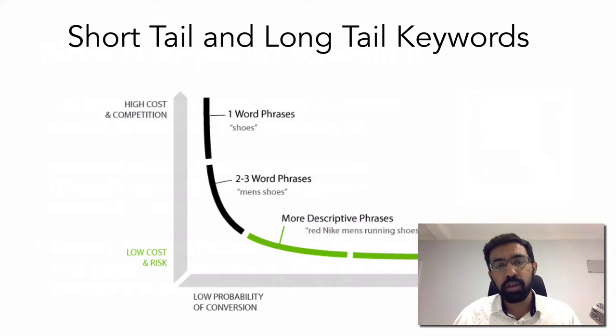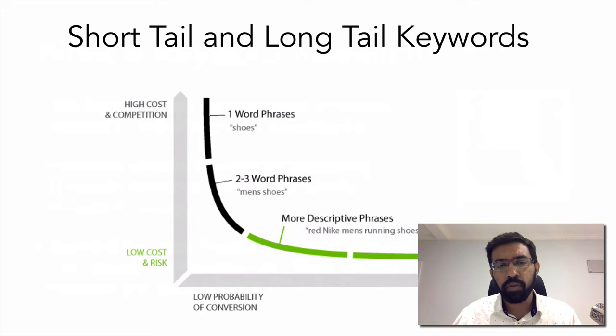So here long tail keywords are much more numerous, and serving these long tail keywords with enough landing pages and content is usually a bit of a difficult task, and that is why the competition here is much lesser. But also, as I said, if someone is very specific about what they want, then the chances that they will buy it are also going to be very high. So this is short tail and long tail keywords.